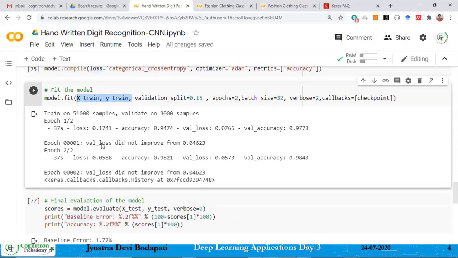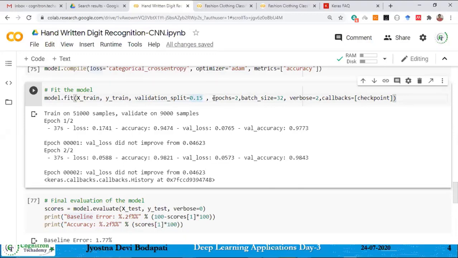After every epoch, I am seeing the accuracy and the loss on the training data, and in addition, you are seeing the validation loss and the validation accuracy also. The reason I'm getting this is that, in addition to the training data, I am preserving a certain portion of the data as validation data. And on this data, your model will be tested internally. Of course, this is part of your training data only, but this data will not be shown to your model so that you can understand how your model is performing on unseen data, so that your model becomes more robust.